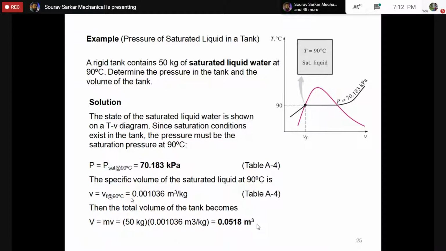Similarly, suppose someone told you that you have water at 10 bar pressure. Just tell me one question: what is the mass of your 1 liter filled water bottle? 1 kg. Around 1 kg. Can you calculate that using this table? Can we calculate this using exactly this table?